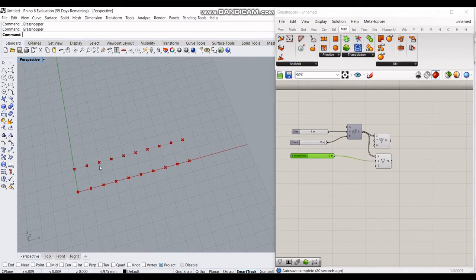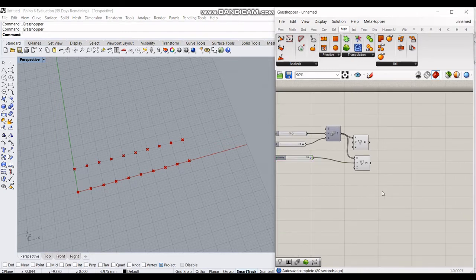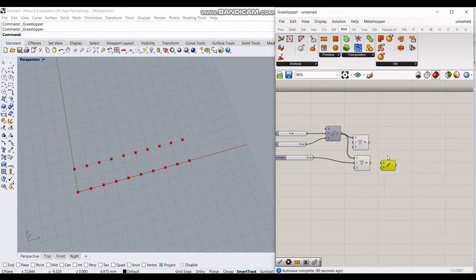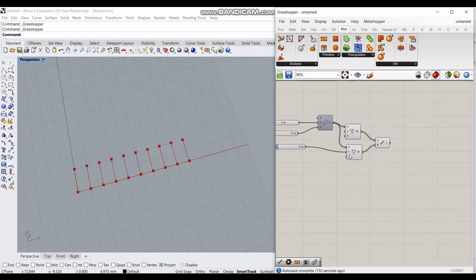this gives you a basic skeleton of the spiral pattern that we saw, where these lines correspond to the valley and these slant lines will correspond to the mountain fold. Now our aim is to make those lines. So let's use the line component, which takes in 2 points as inputs and gives a line. And we have 10 and 10 points here, so giving those 10 points as inputs, we'll get 10 lines as the output. So we have got the valley lines here.